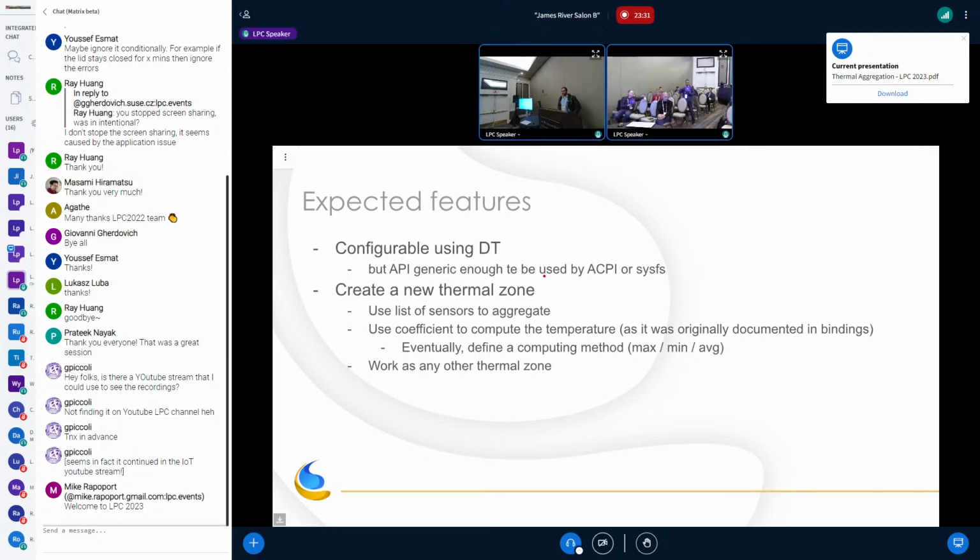But can I see from user space what sensors are aggregated? No, right? Create one thermal zone doing the aggregation of all these sensors, and you can create a new thermal zone per sensor. So yeah. But the point is that Srinivas would like to know which sensors are involved in the aggregation, if this is an aggregate.